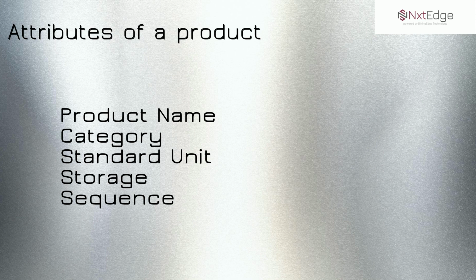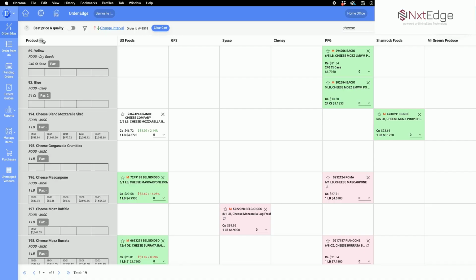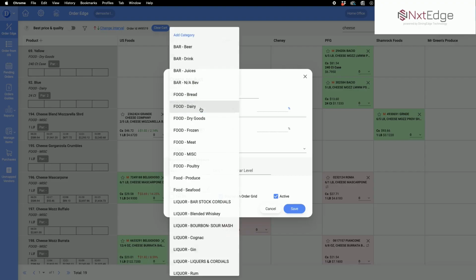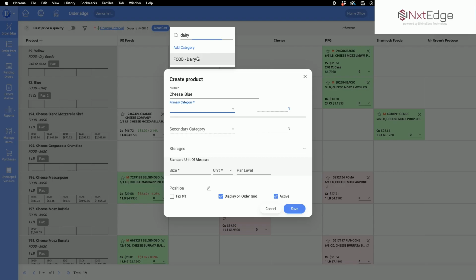Now that we have defined all the attributes, let's look at how to enter them. First we will add a product on Order Edge. Click the plus. Add new product. Enter the name,